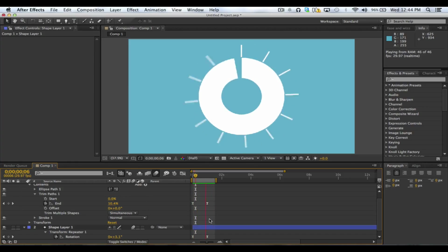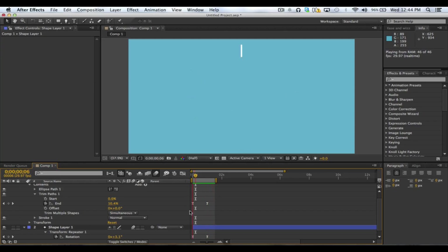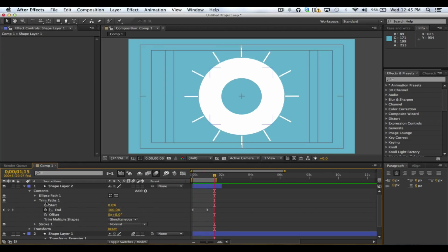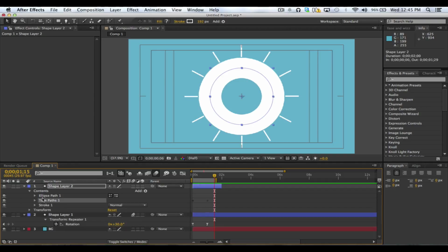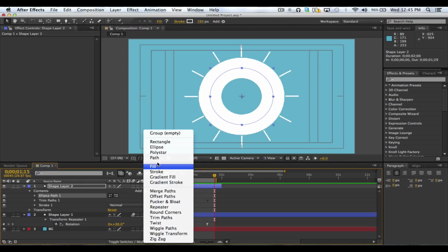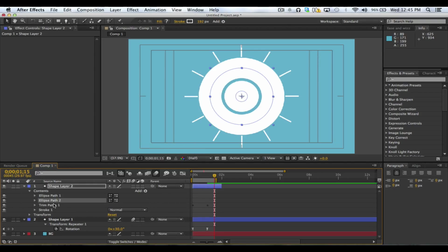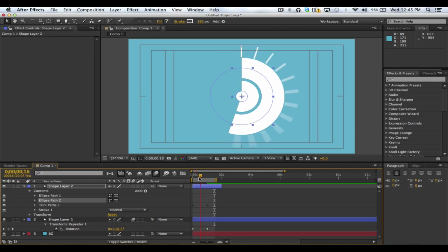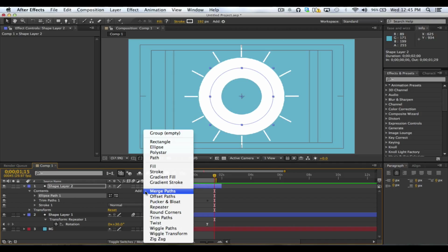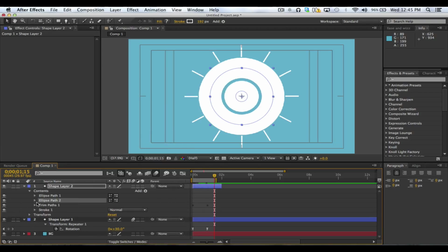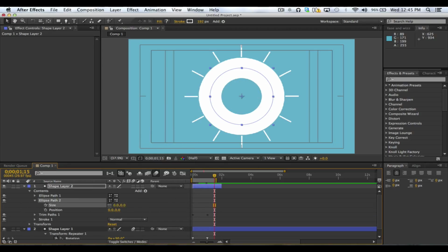Pretty neat. So let's do this. Let's copy this, and let's see if we add a second ellipse. Will it follow the same? Yeah, it will. So if we add another ellipse to this trim path, it will continue with it. So if we wanted to add a bit more complexity, we could add an ellipse, change this size a bit, maybe